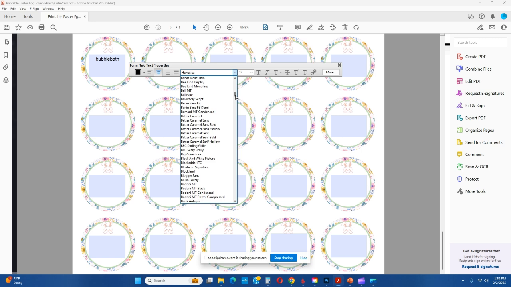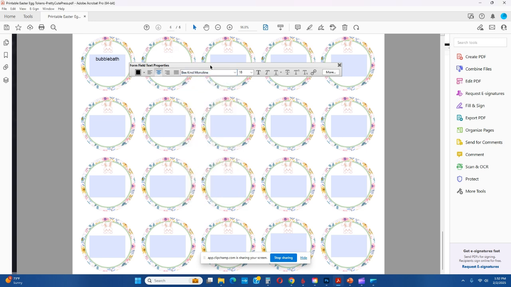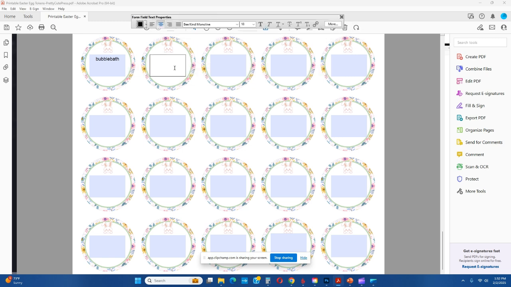working on. So I'm going to pick the Be Kind monoline font as an example, and I'm gonna move that up there, and I'm gonna put concert ticket. Okay, so if I wanted to keep this font style, I would have to go in and do the same